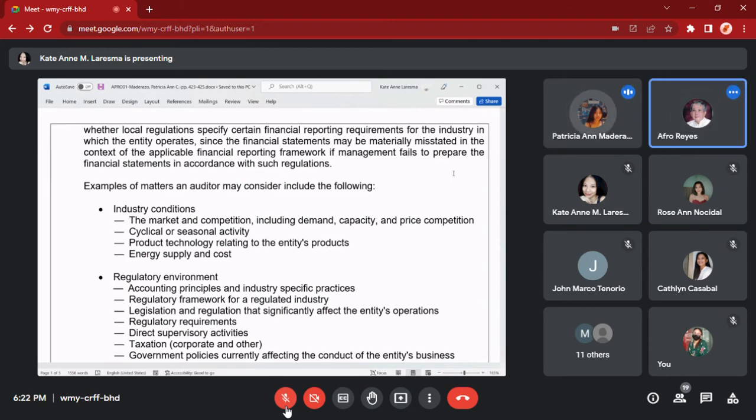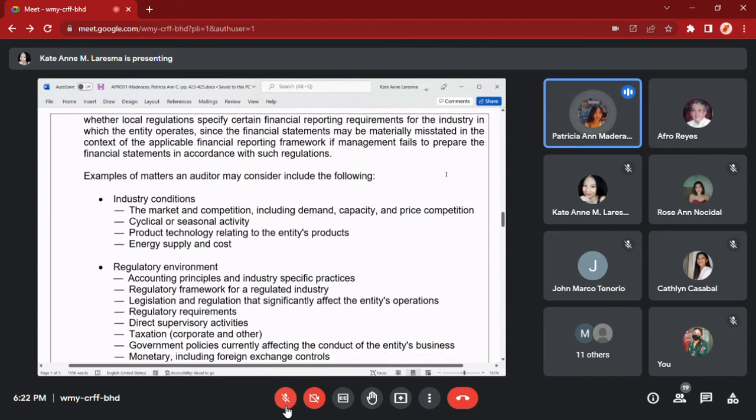price competition. Next is cyclical or seasonal activity. Product technology relating to the entity's products, energy supply and cost. Regulatory environment, accounting principles and industry practices, regulatory framework for a regulated industry, legislation and regulation that significantly affect the entity's operations, regulatory requirements, direct supervisory activities, taxation, corporate and other, government policies